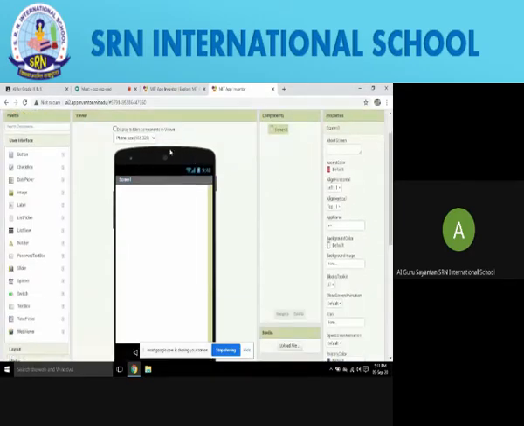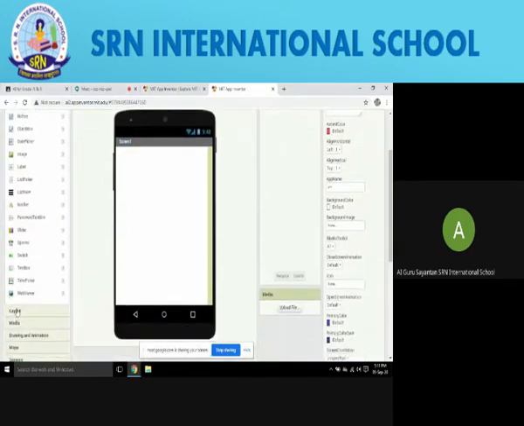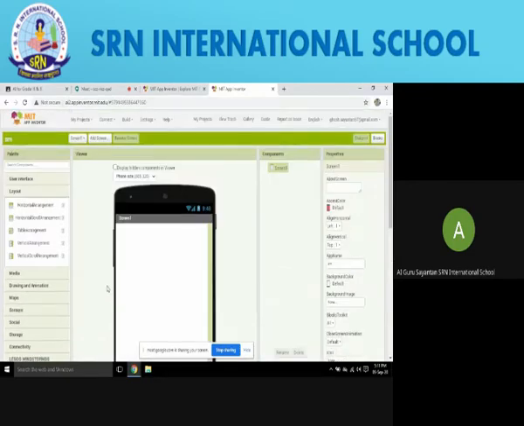So now let me start. First of all, we'll go to layout. Now, can any of you tell me what layout is? Anyone, whatever you think, you may tell. Because I know that you are familiar with the term layout. I just want to know what you feel after hearing the word layout. The layout is a basic interface of an application. Yes, it's the interface of an application. So we can say that layout is the base on which the entire application is made. Can we say that? Yes, sir.